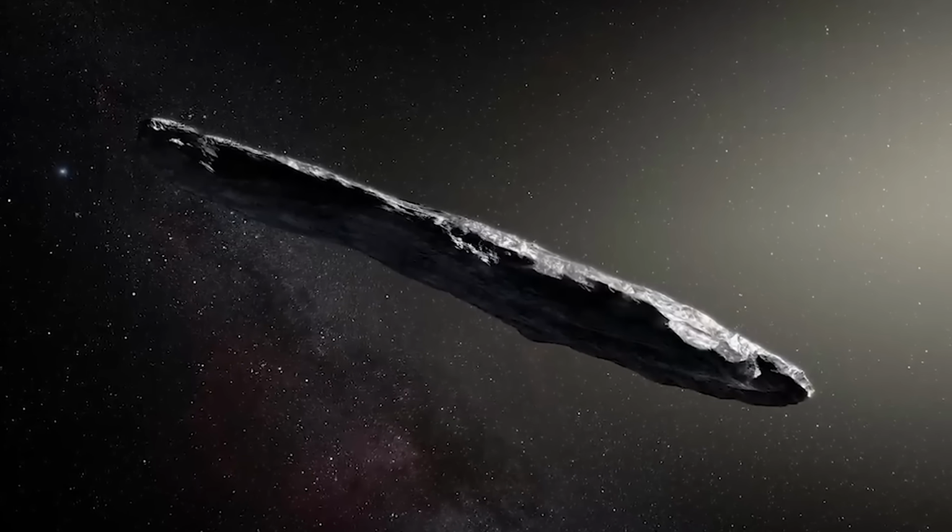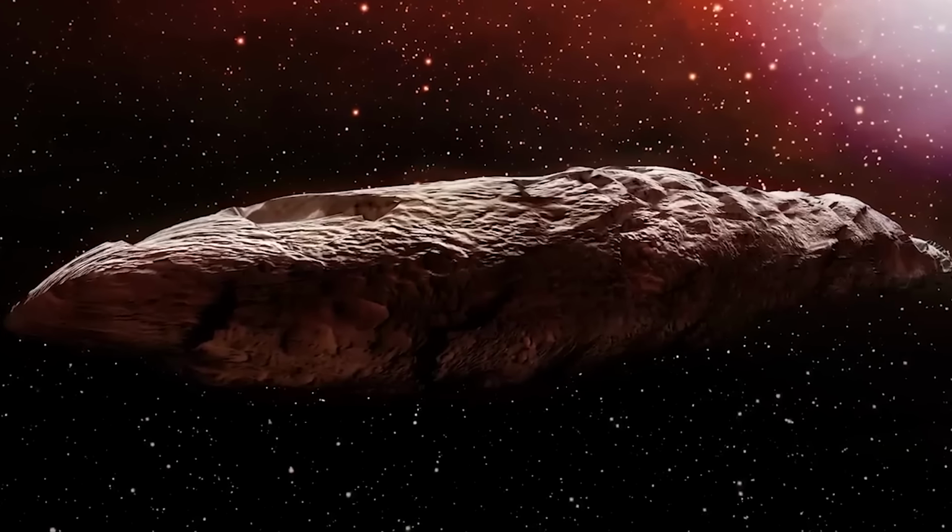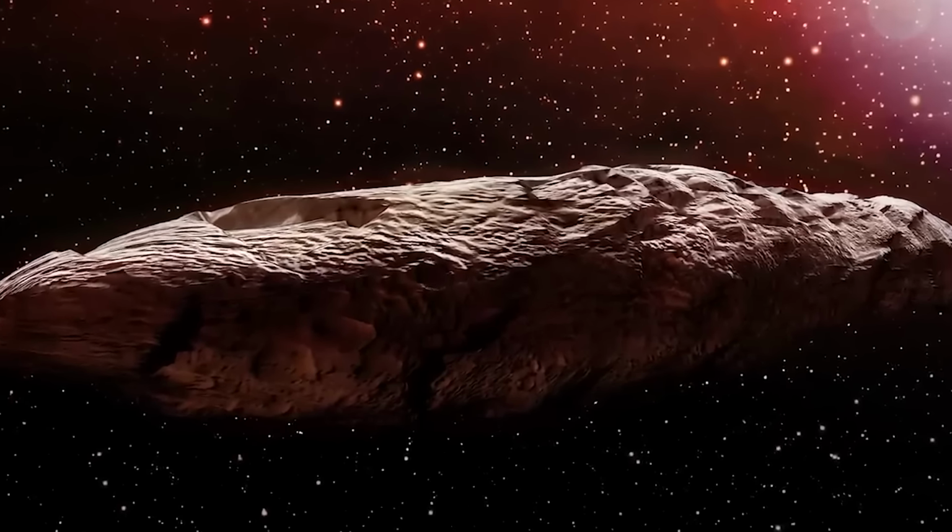Well, the theory goes that it might contain a chunk of solid hydrogen, which was slowly falling off of the object's surface and allowing for an increase in speed. However, studying the comet is completely impossible, as it's the first observed object to fly into our system and then fly back out. So this theory is just kind of unconfirmed, and we may never know where the traveler came from, nor where it did go. Number 8. PSO